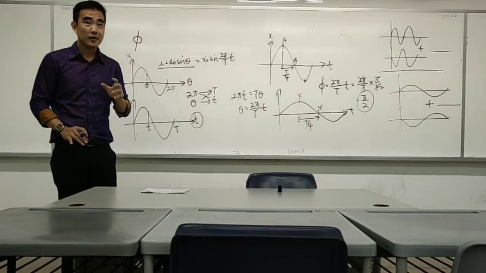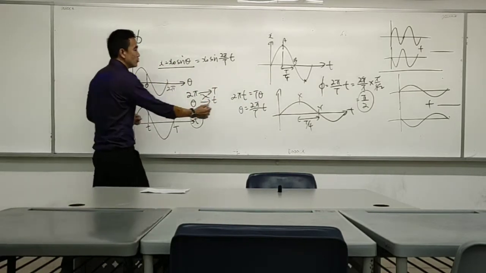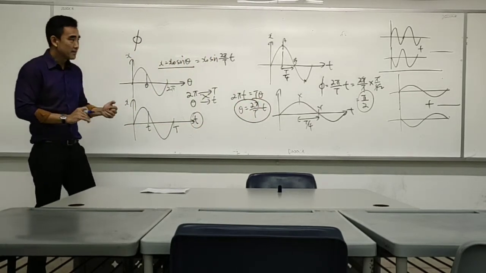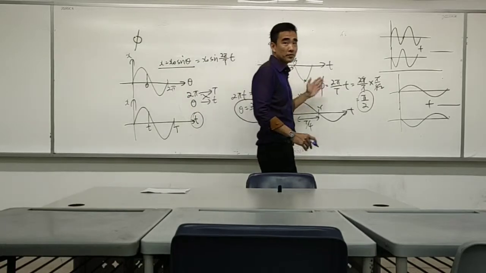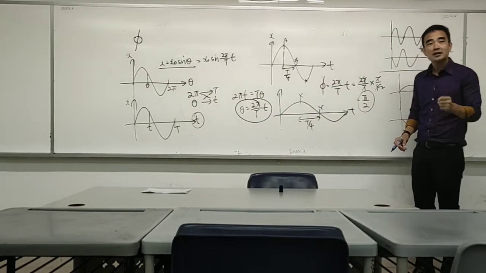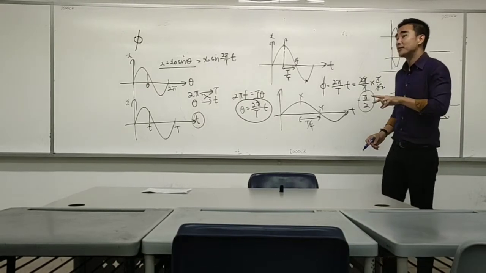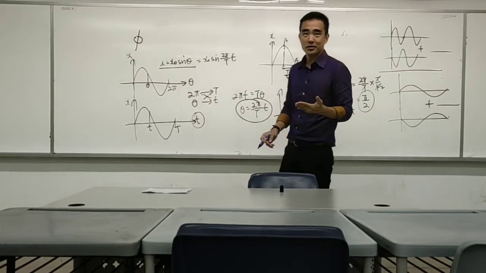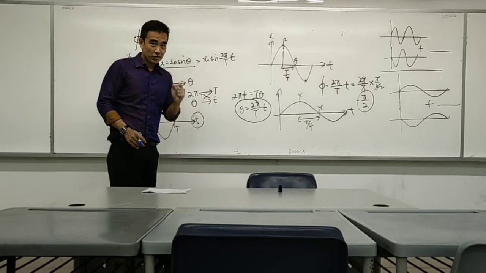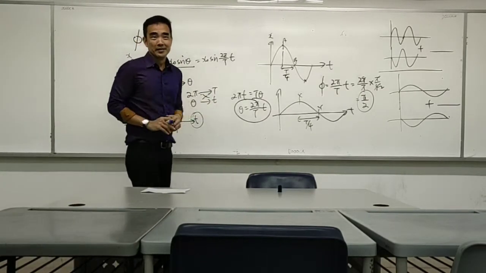Get it? There are a few important points that I brought you through. First point, how do you convert angle to time, or time to angle? Second, I went through with you why it is important for us to even use an angular representation, because it tells us the state of vibration between the two objects. And this is independent of time. It is in relation to the period. It is in relation to the wavelength. Because you have to get this so that you understand what is going to come soon, which is the